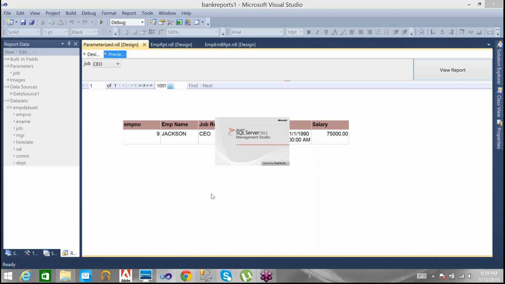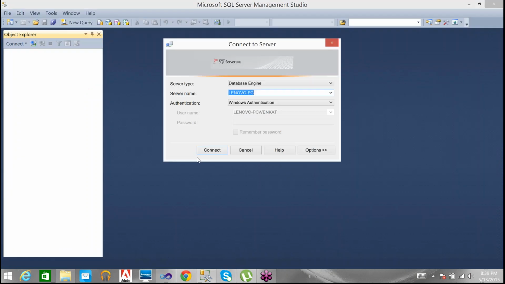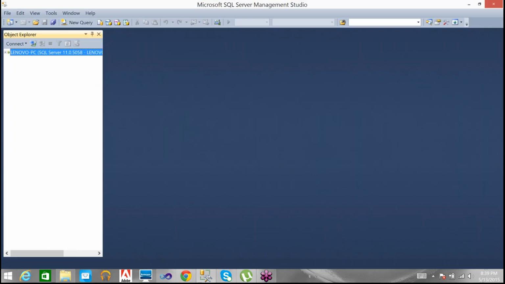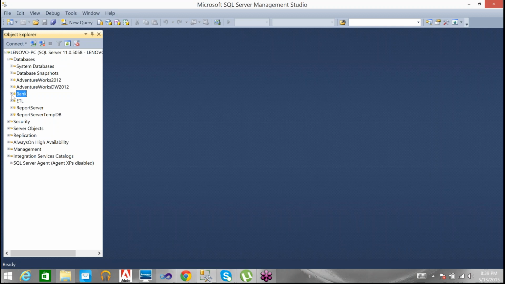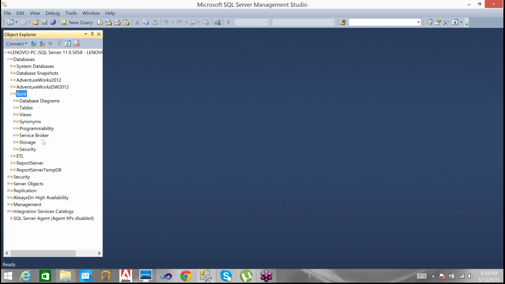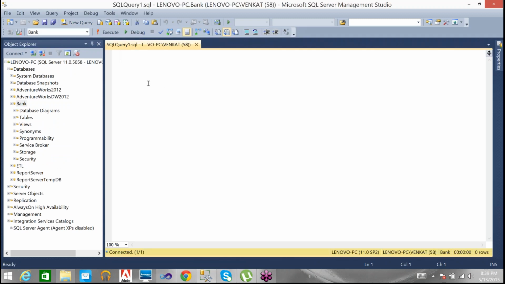For example, let me go to the database, because the employee table keeps on changing the employee details, no? They are going to add more employees and remove employees. Those are the transactions that happen on the employee table. For example, I am inserting some more employee details.